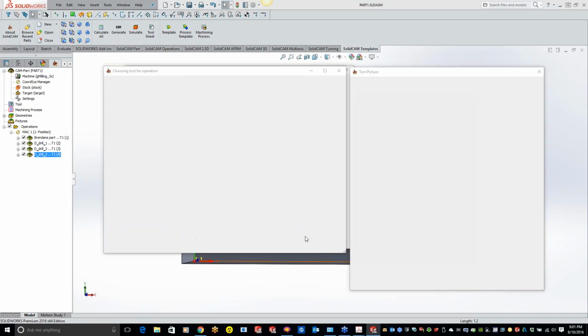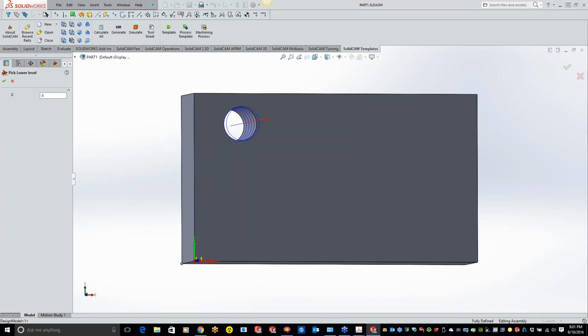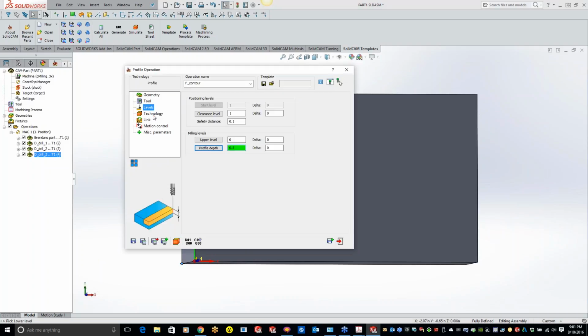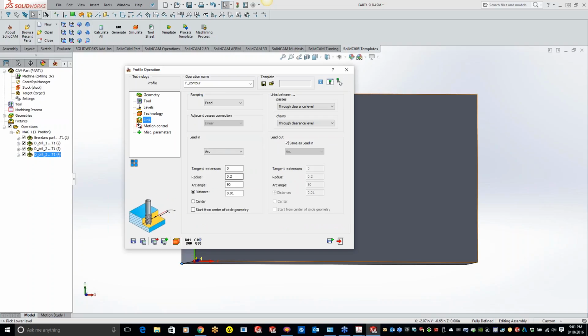And let's say every time you do a profile operation, you want to always rough it, doing a 0.1 step down. And let's say you always want to do a normal lead in, or maybe you don't want to lead in at all.